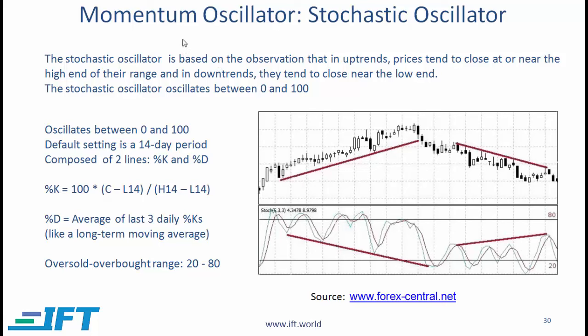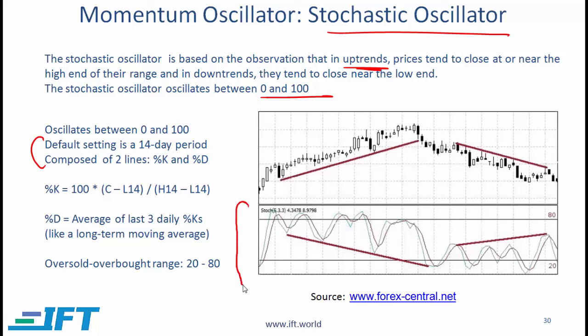The third momentum oscillator we'll talk about is the stochastic oscillator. The stochastic oscillator is based on the observation that in uptrends, prices tend to close at or near the high end of their range, and in downtrends, they tend to close near the low end. The stochastic oscillator oscillates between 0 and 100. The default setting is typically 14 days,